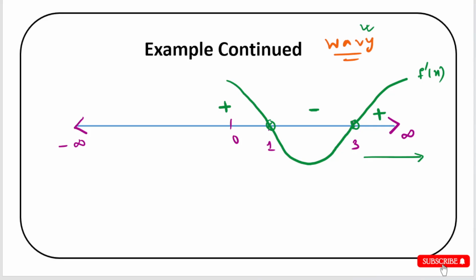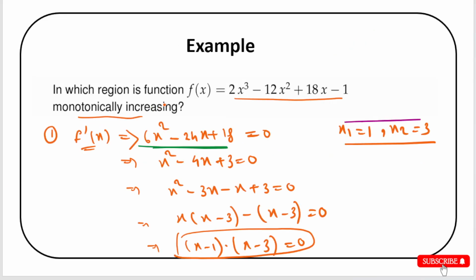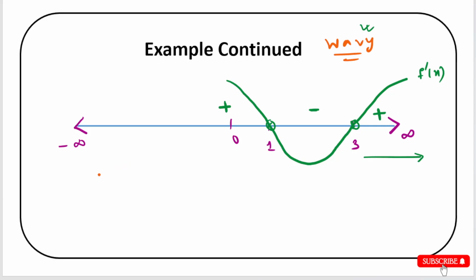Now what you can say is that you have to find out in which interval the function is monotonically increasing and in which interval the function is monotonically decreasing. So for monotonic increase, you have to find out this region, in which region it is greater than or equal to 0. Then you can simply do that from this graph. So you see that from the point 2, so 0 is also applicable. So the region will be from 3 to infinity on this side, and here what you have from minus infinity